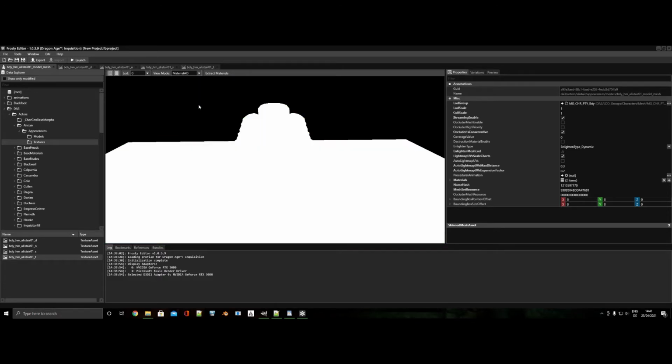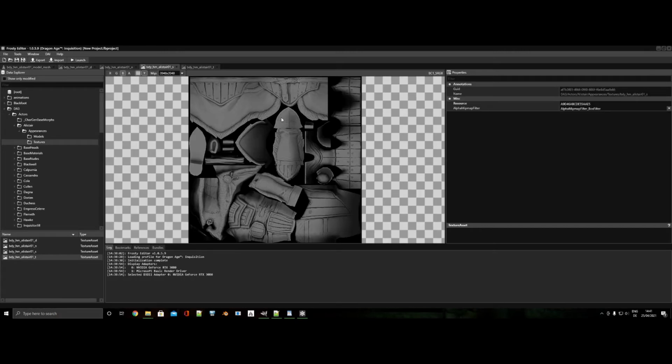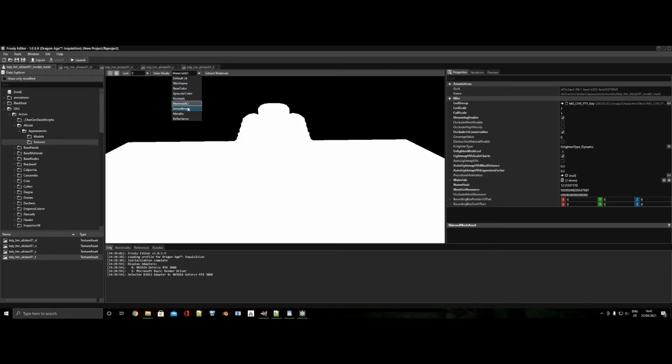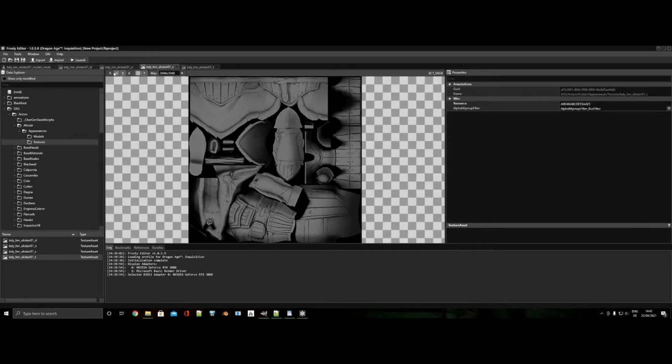So ambient occlusion map, this is blank. This is because this texture, ambient occlusion, is on this. Not all models have ambient occlusion, but this one does. But it is actually on the channel that's usually used for metal, which is why I'm showing this. So if we go to smoothness, this is defined usually